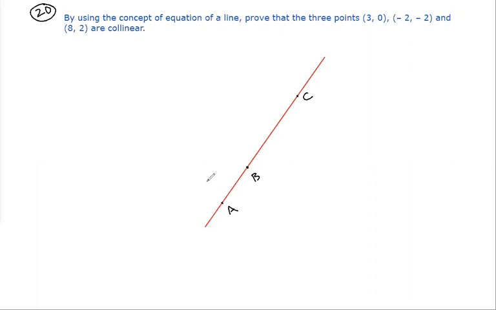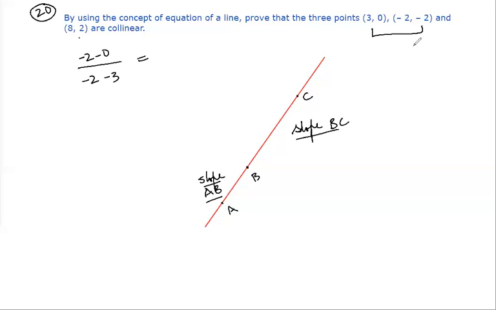If they are on the same line, so Ishma, we can say that the slope of the line is the same. Slope of line AB is equal to slope of line BC. There is no point in saying 'slope is there'; the slope will be the same. So check the slope of both of these. Its slope is the same. What will the slope of these two be? y2 minus y1: 2 minus 0 divided by minus 2 minus 3. Now find the slope of these two: 2 minus of minus 2 divided by 8 minus of minus 2. See whether I am doing it right or not.